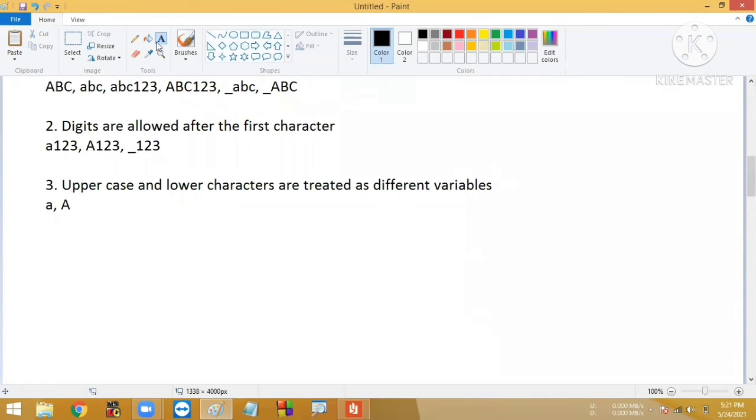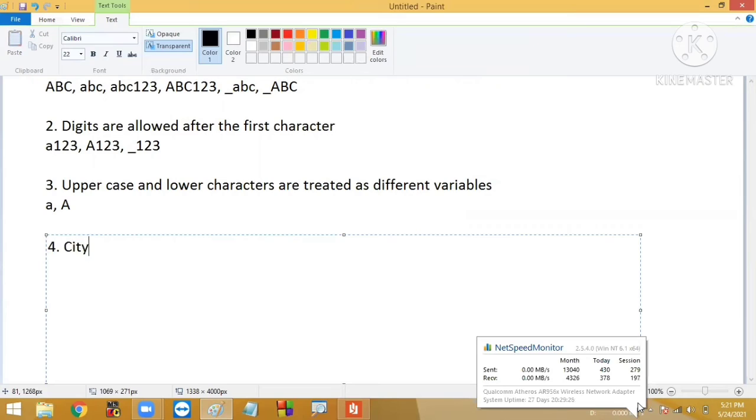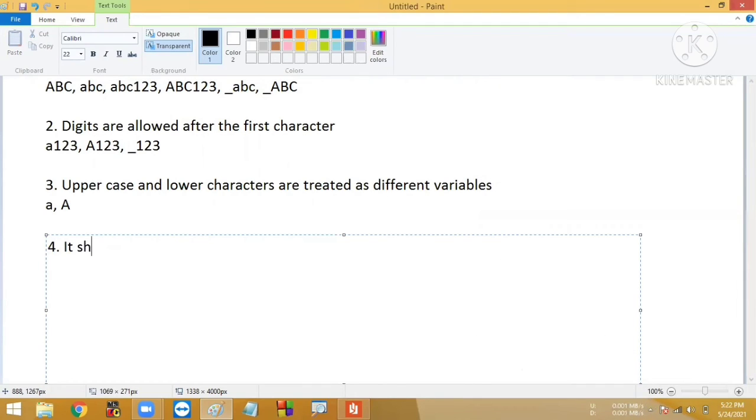The names, just now I said, like unit, quantity. For example, city: how many characters are there in city? Totally 4 characters. Say for example, amount: how many characters are there? Totally 6 characters. Next, how many characters should a name contain? It should be of reasonable length. Reasonable length. Okay.